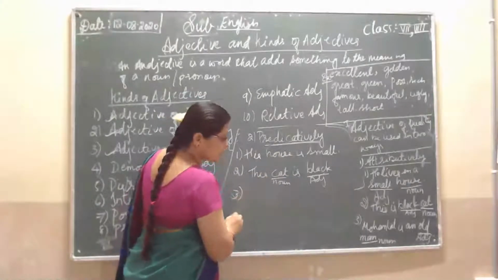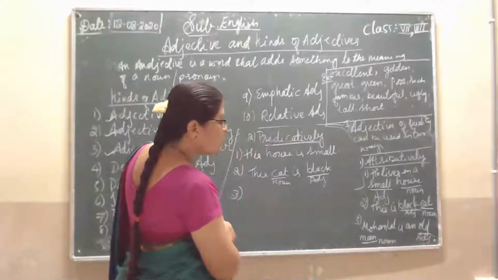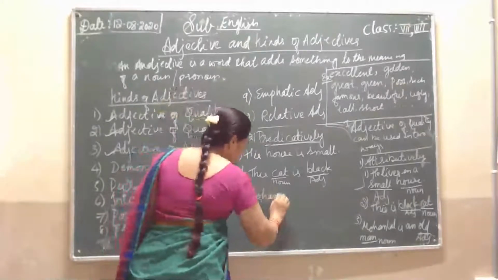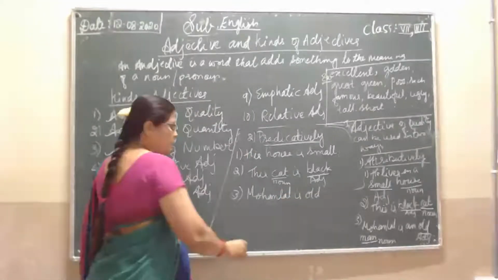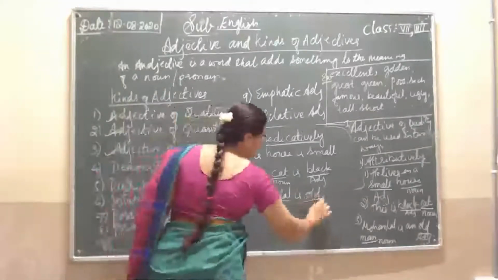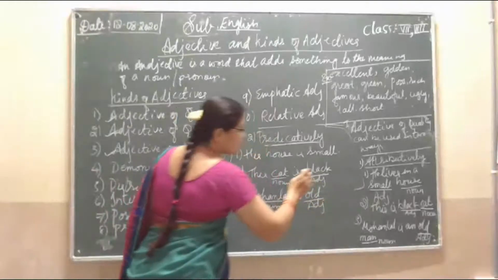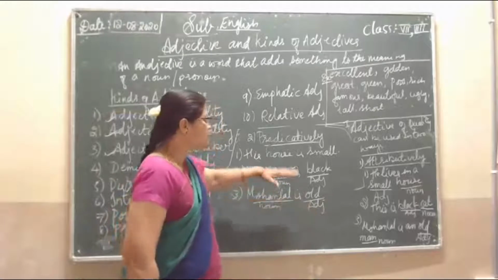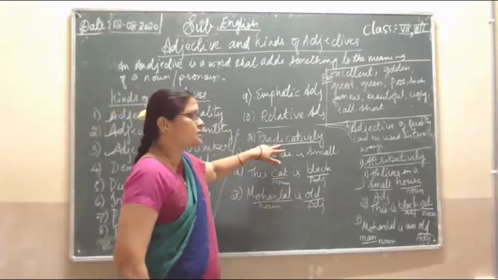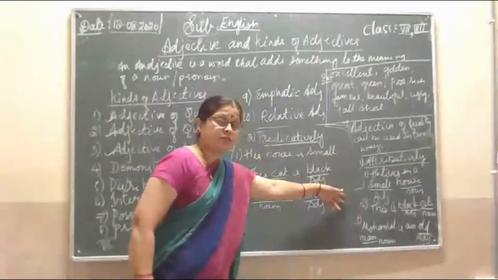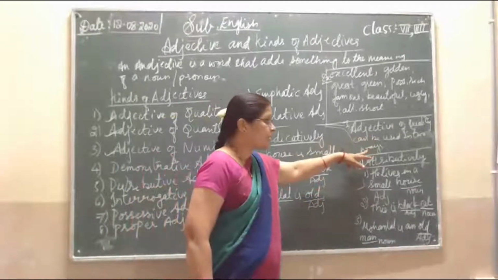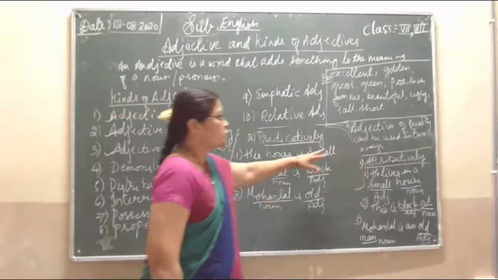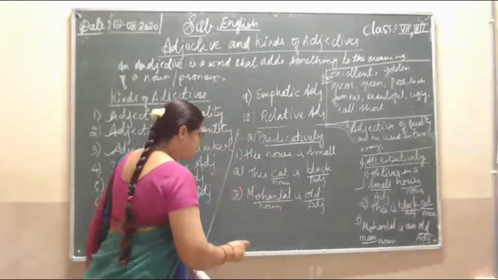The third sentence: Mohanlal is an old man. We can write this sentence with old, an adjective, placed at the end of the sentence. So this kind of sentence is predicative, and the other is attributive. The adjective of quality can be written in these two ways, and remember that an adjective of quality always answers the question